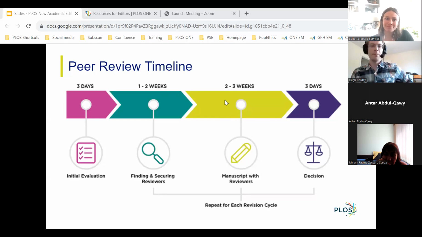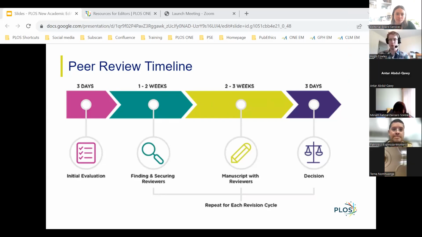Excellent. Yes. So I'm going to run through the initial evaluation, review invitation, and decision-making process. I just want to preface this by saying that there's going to be a lot of information here, and you're not expected to have picked this up just from this presentation. All of this information is available to you to reference. It'll be in the slides, or it'll be on our website. So this is more of an overview just to highlight the most important things for you to be aware of.